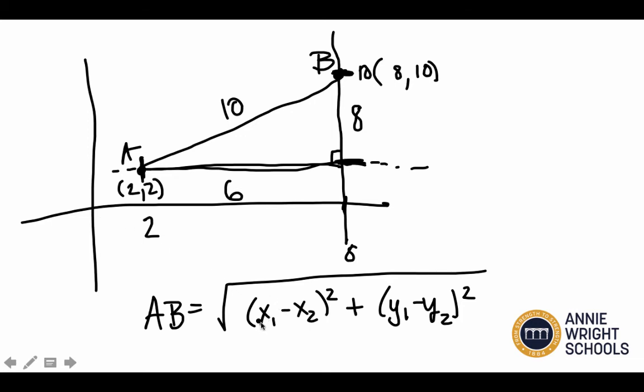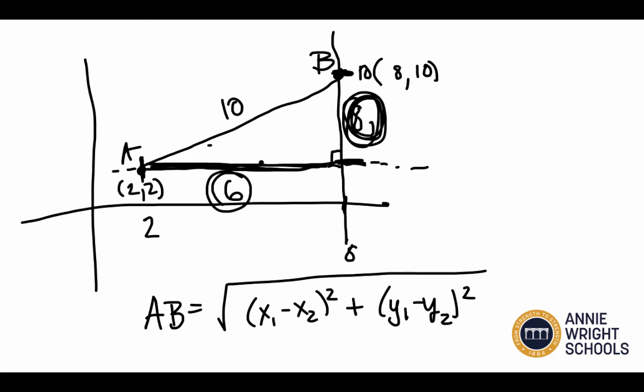Now, one x coordinate minus the other x coordinate is this distance 6, so it's just giving you a side of a right triangle, and then you would square it. One y coordinate minus another y coordinate is just giving you this distance, and then you would square it. You would add those two together and take the square root of it to find the hypotenuse in the Pythagorean theorem. So, yes, it's a formula we have, but I hate calling it a formula because it's just the Pythagorean theorem in the coordinate plane.